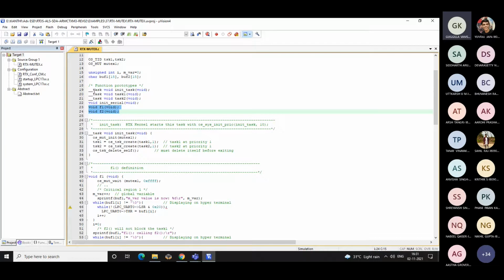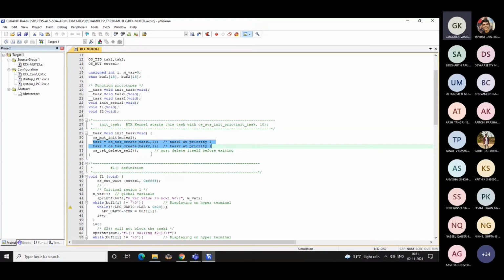So we've got two tasks defined, task 1 and task 2. Of course, there is an initialization task. So this is the initialization task. In that, you define the mutex initialization, which are all defined in your RTL.h. And yeah, so given with the ID mutex1. I mean, you name it mutex1. And you have two tasks given with the same priority.